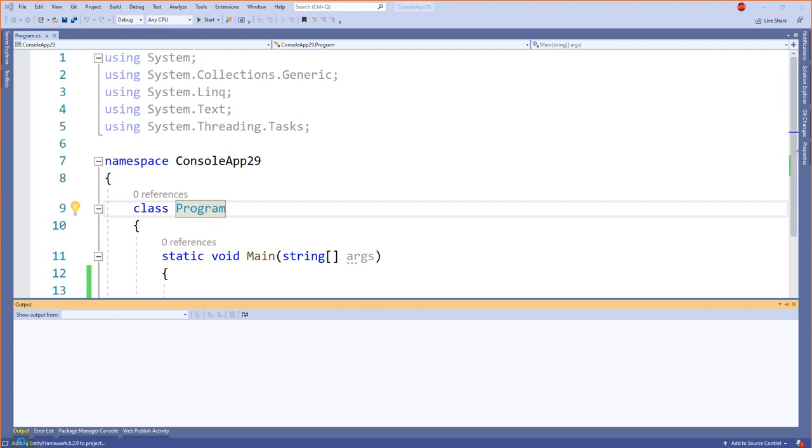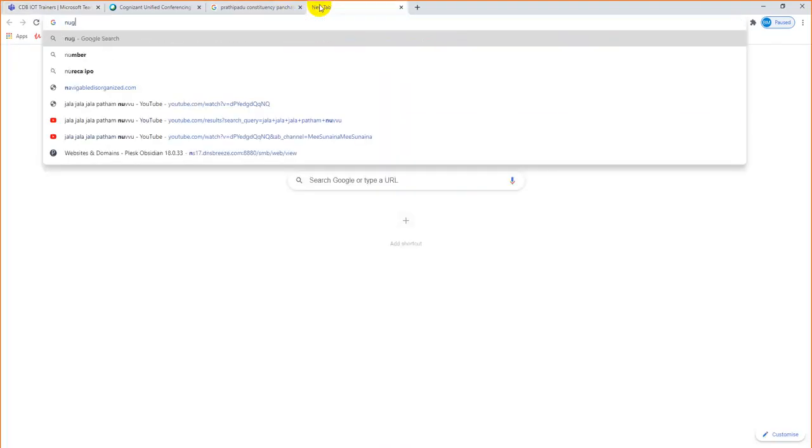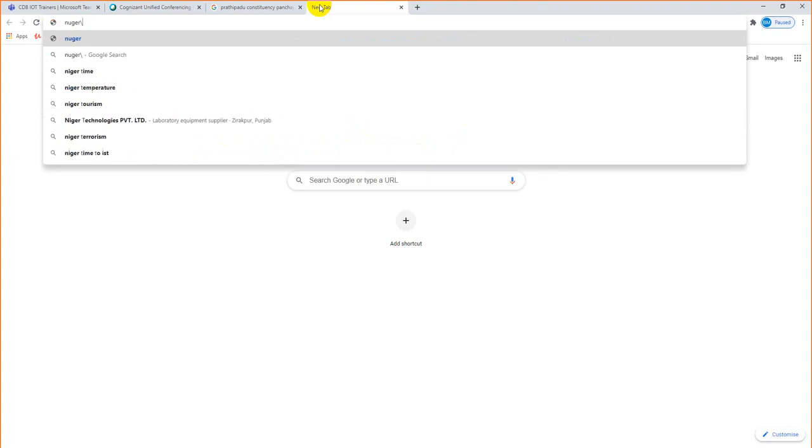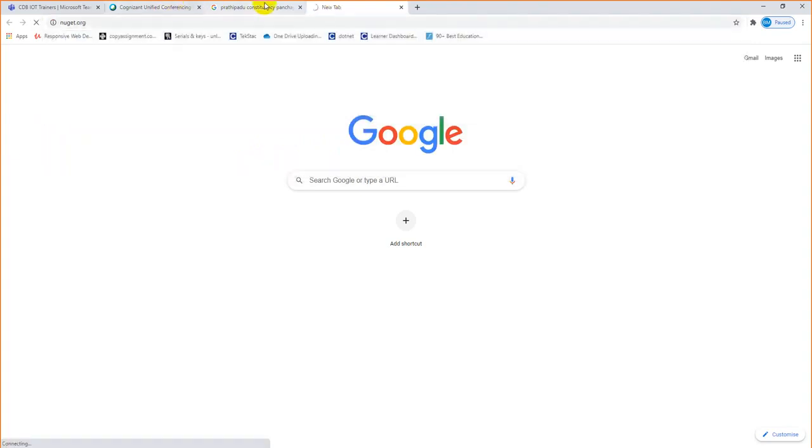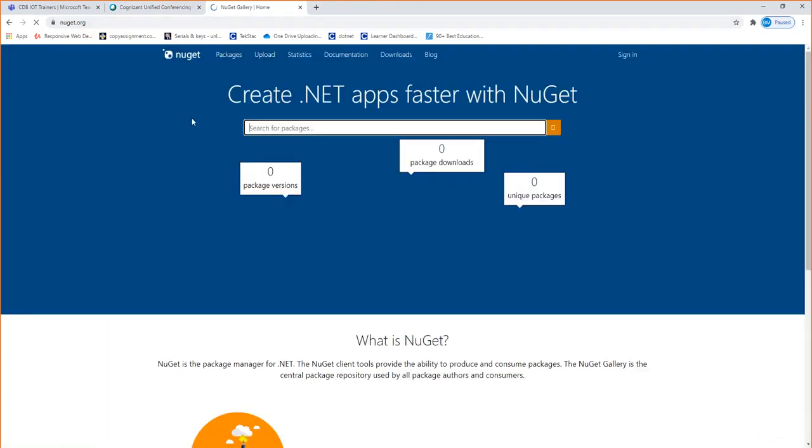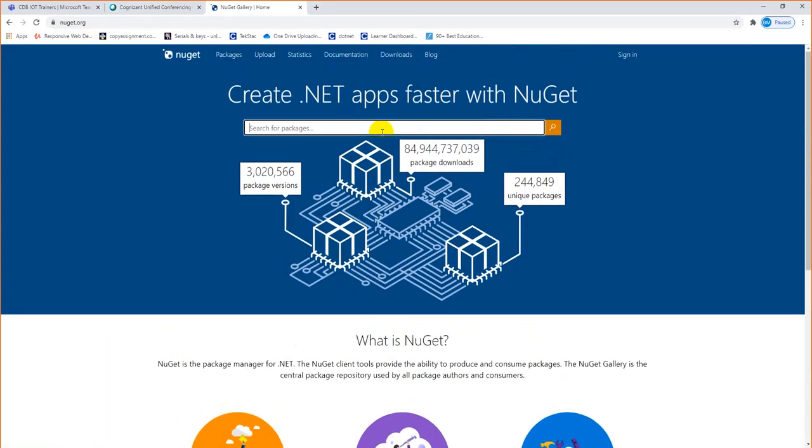So you can see the syntax here. It is going to download the Entity Framework version from a website called nuget.org. So this is a website, guys. From this website, the system is going to get the free and open source .NET projects available. So from this, if you search Entity Framework,